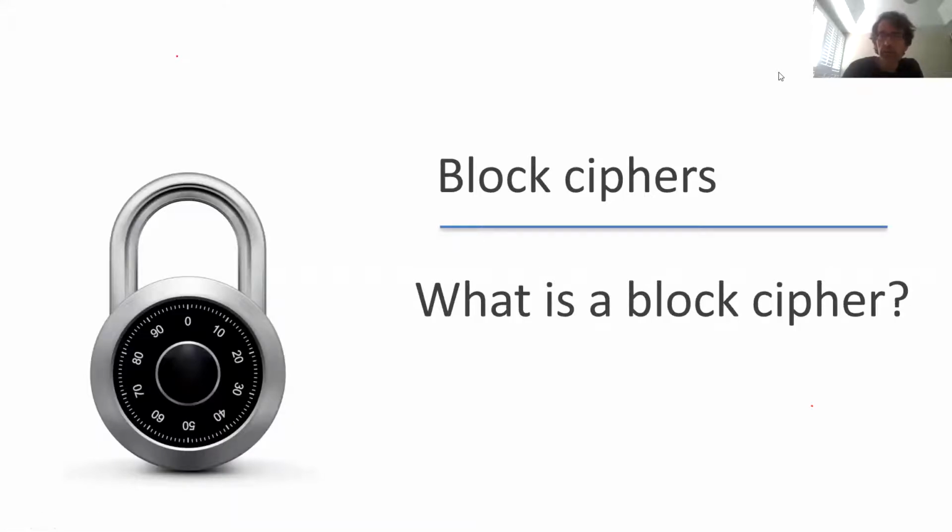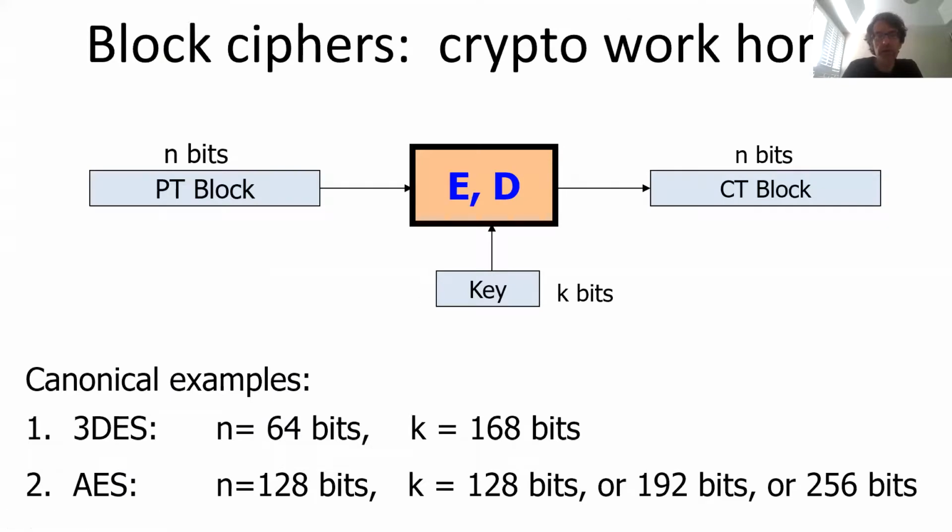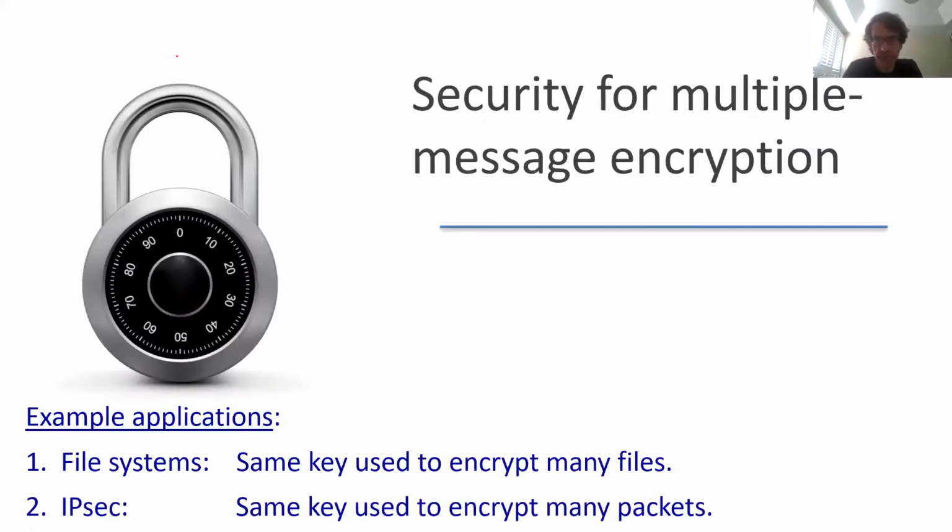So we looked at indistinguishability of encryption and PRGs and stream cipher construction, and we want to go beyond this. The mechanism that will allow us to go beyond this is something called a block cipher. But first I wanted to motivate it. So the real motivation for block ciphers is that we want to